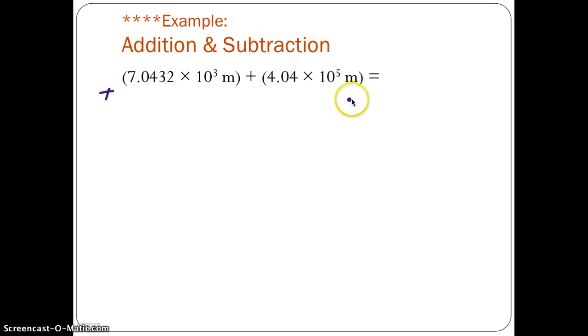Now, if I have an exponent of a 5 and I want to create an exponent of 10 to the third, and then I want to add it up, if my exponent becomes smaller by 2 powers of 10, well, that means my coefficient is going to grow by 2 powers of 10. So if that happens, what I'm going to have here is 404